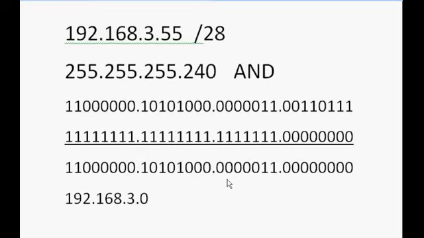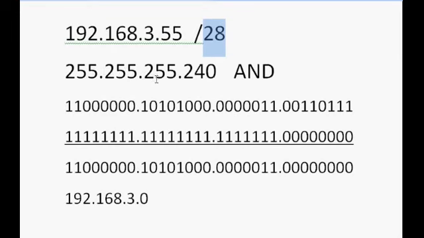Okay, so in this next tutorial about Cisco subnetting and using binary, we'll talk about the magic number now. We said, now, what if we had this number, same IP address, 192.168.3.55, but it was /28? Well, what does that mean? That means